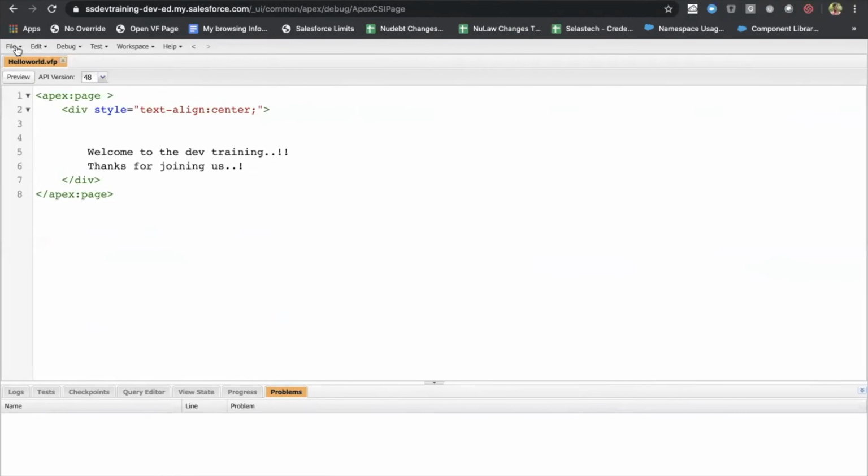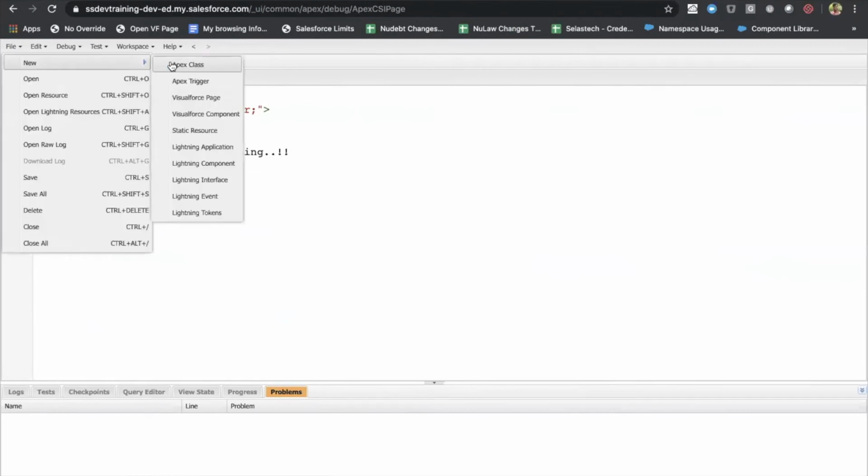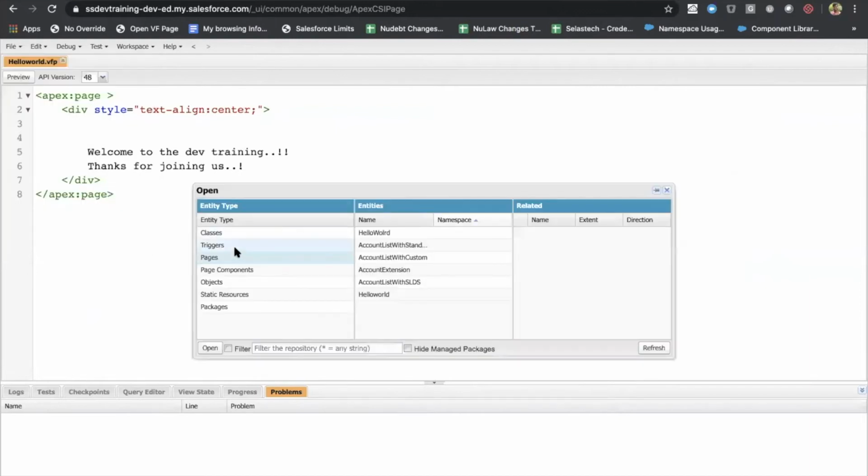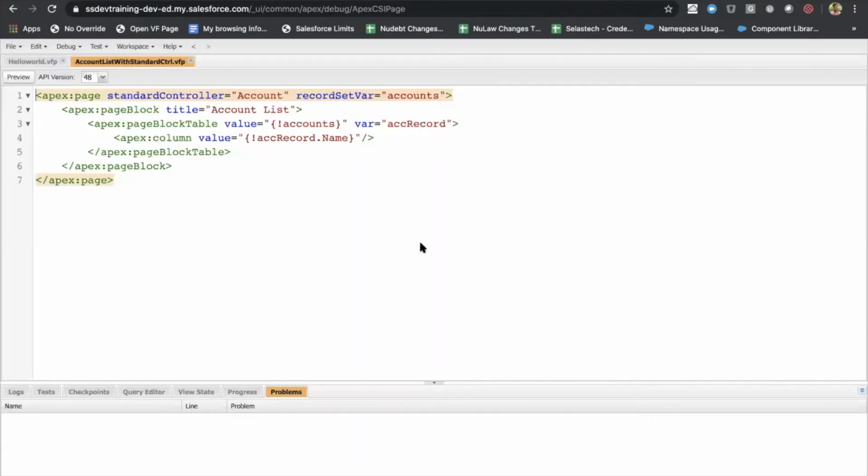I already created one Visualforce page for our demo, and I'm opening it here. So here I have a Visualforce page with a standard controller. If you see here, I just added one attribute called standardController, which is predefined, and I'm passing Account, which you already know is a standard object.